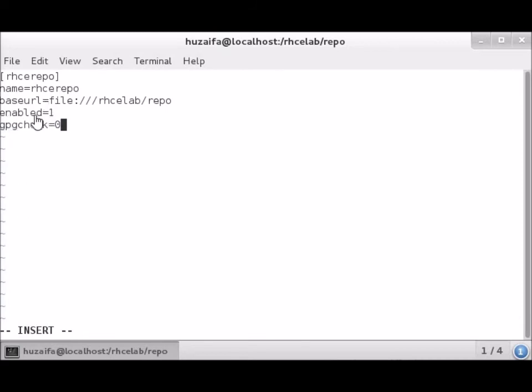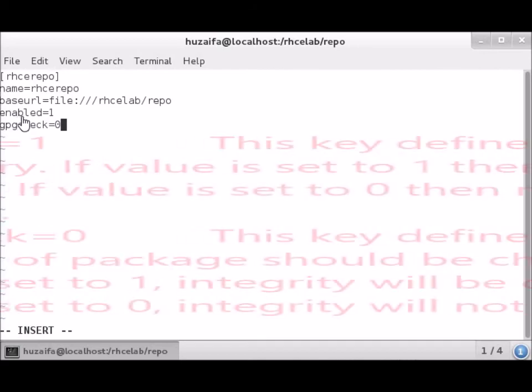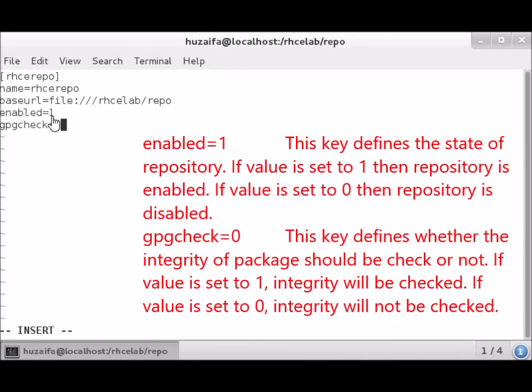Here let me explain what the enabled and gpgcheck keys mean. The enabled key means the state of the repository. If the value is set to 1, then the repository is enabled. If the value is set to 0, the repository is disabled, so we cannot use the repository. And that's the gpgcheck.